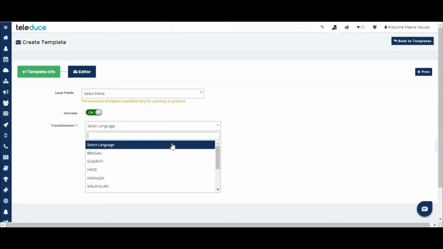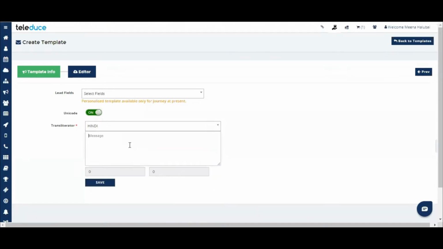So if in case I want to select Hindi, so I'm writing it as Namaste. So that translates. Okay. And here you can see that characters count is 10 and credit count is 1. Now the character content for a Unicode language is 70 characters for a credit, whereas English is 160 characters for a credit.